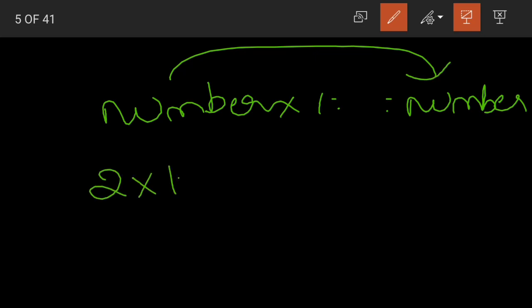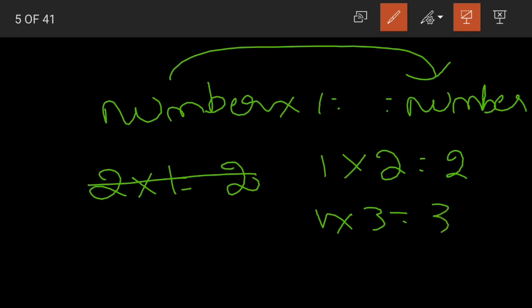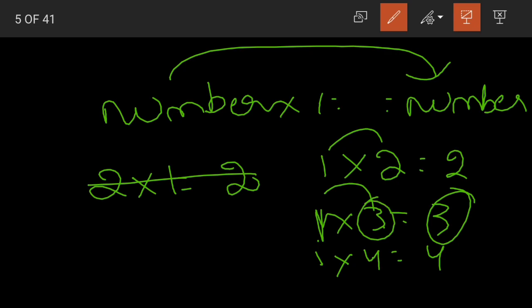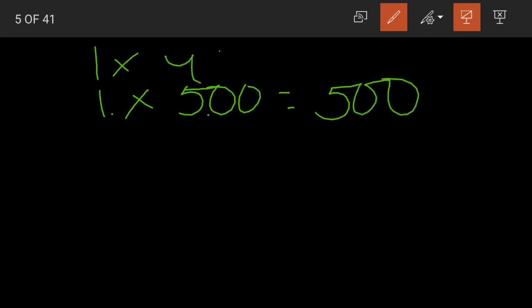Yes, we always do this in multiplication also. If we look at the 1 table, 1 two is 2, 1 three is 3, 1 four is 4. So the 1 table is the easiest for us to say. Why? Because whatever number we multiply with 1, the answer will be the number itself. Even if someone asks you to tell the table till 500, 1 into 500 is equal to 500. Even above that, 1 into 499 is equal to 499.